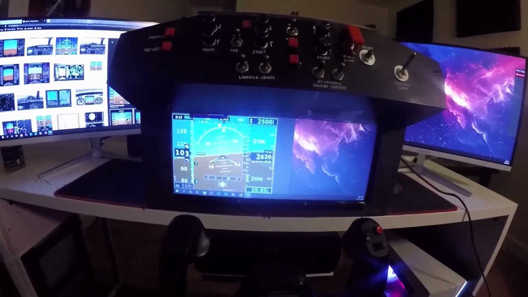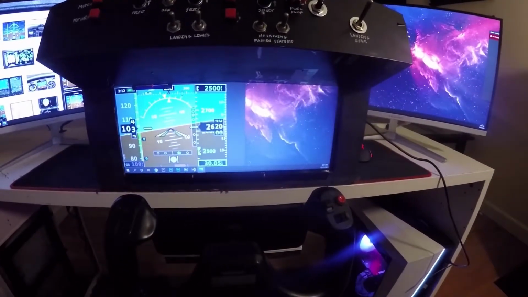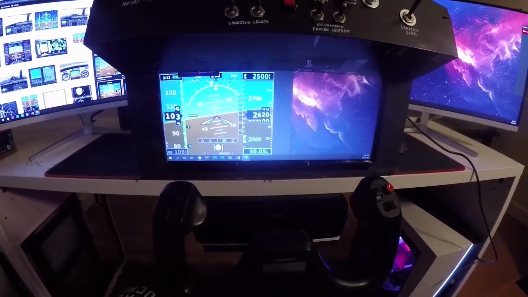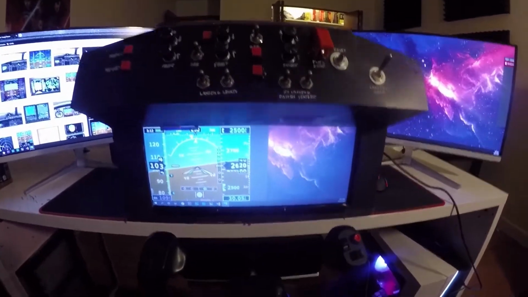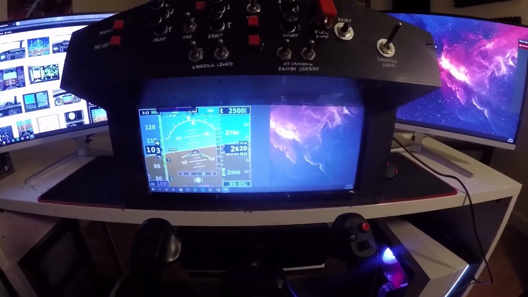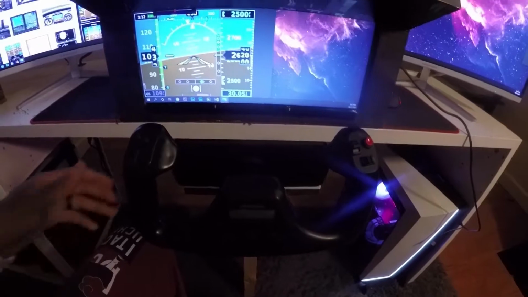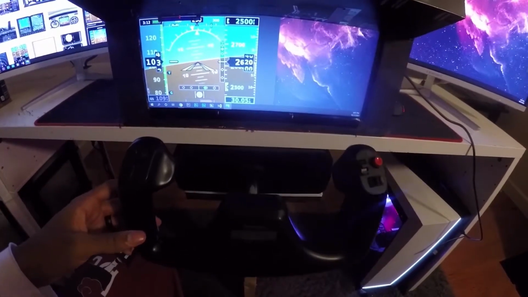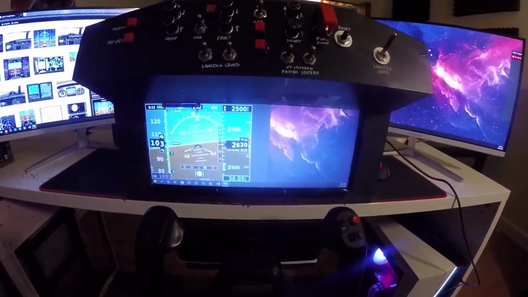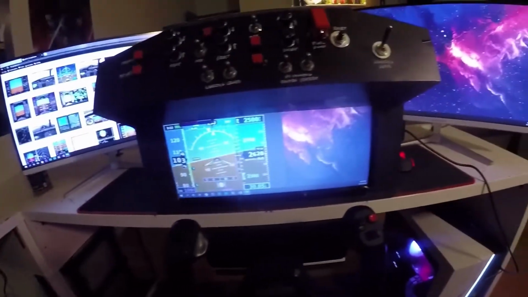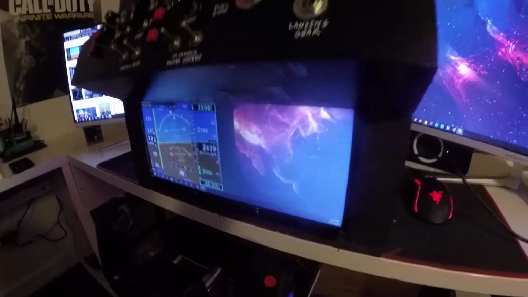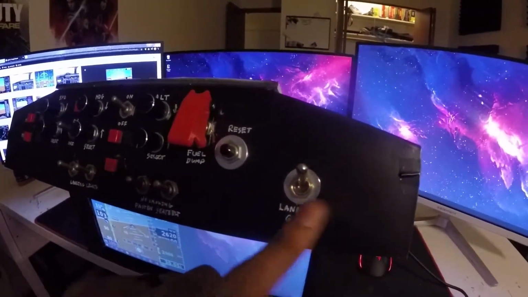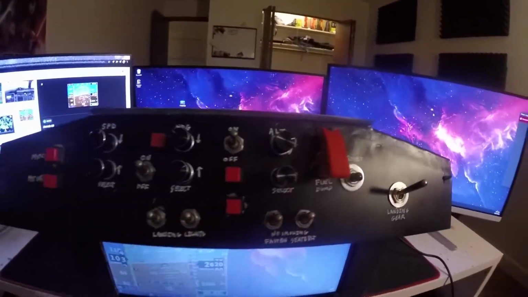So I finally got finished with the MFD that I've been working on for a long time, and I just kind of wanted to show you guys along with my autopilot panel that I've also been working on. And yeah. So without further ado, let's get started. So as you guys can see, I built my own MFD-U and my panel for my flight sim